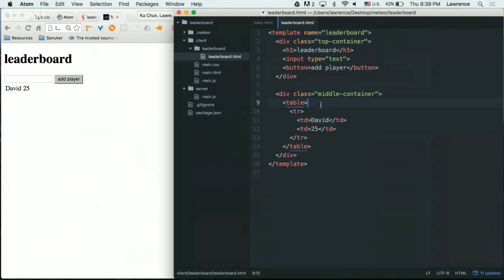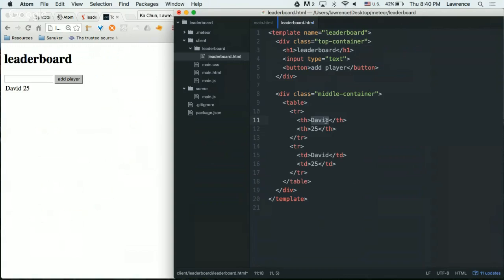Okay. But as I said, there's a header. So maybe we need to do this again. You can just copy this if you want to, on top of David 25, and then just change the TD into TH. Okay, and then we should give it back the right column head.